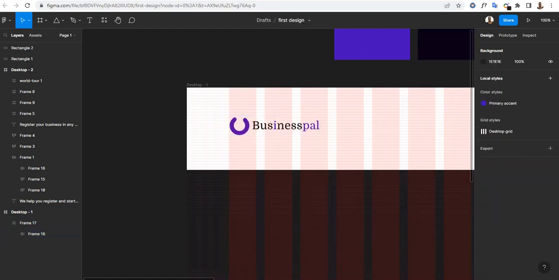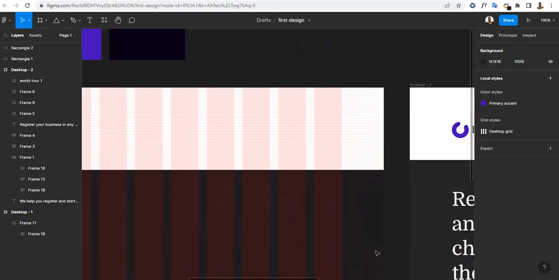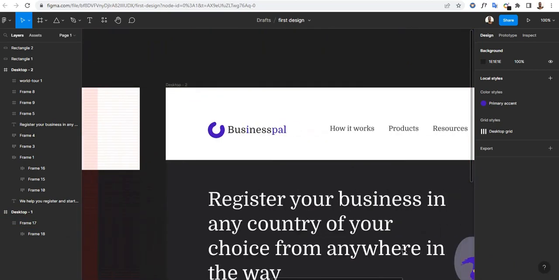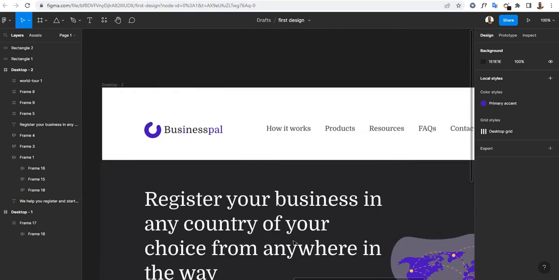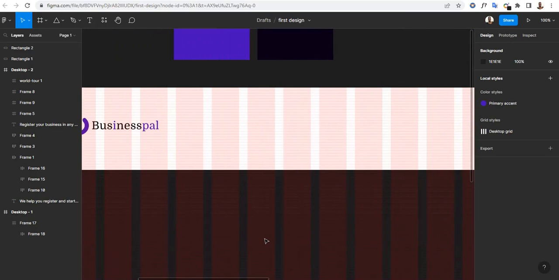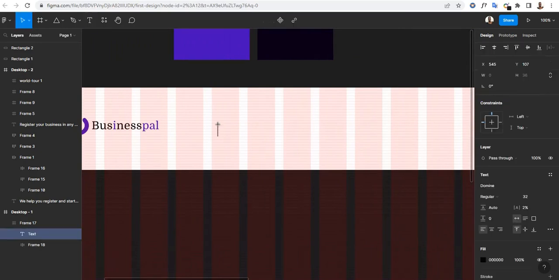Another thing is I want to create the navigations, right? Currently we have how it works, products, resources, FAQs and contact us: 1, 2, 3, 4, 5. We have 5 navigations. So I'm going to have a text in here that says how it works, and how it works is going to be 20. The next thing I want to do, this is how it works, 20, I'm going to duplicate this and have